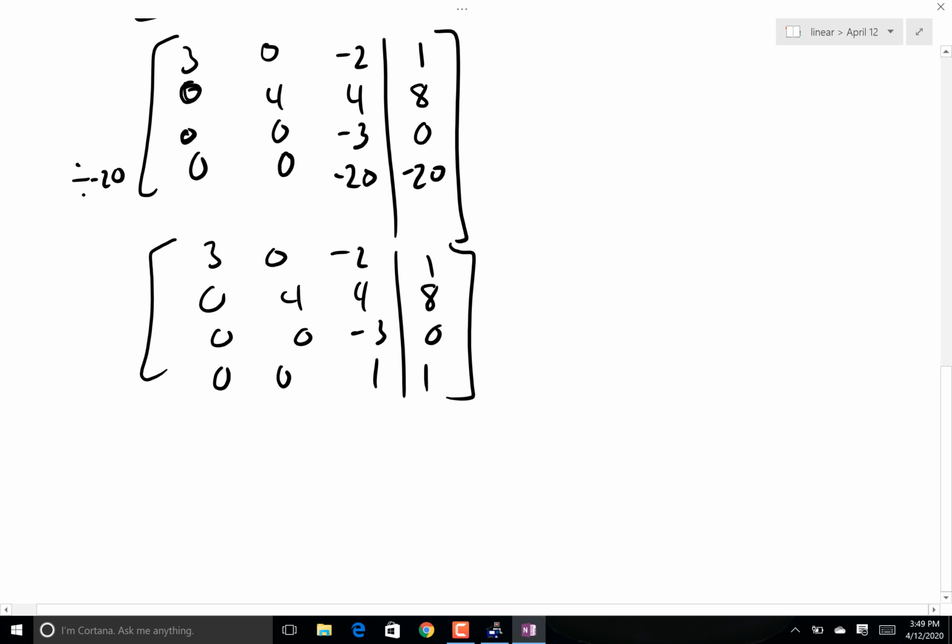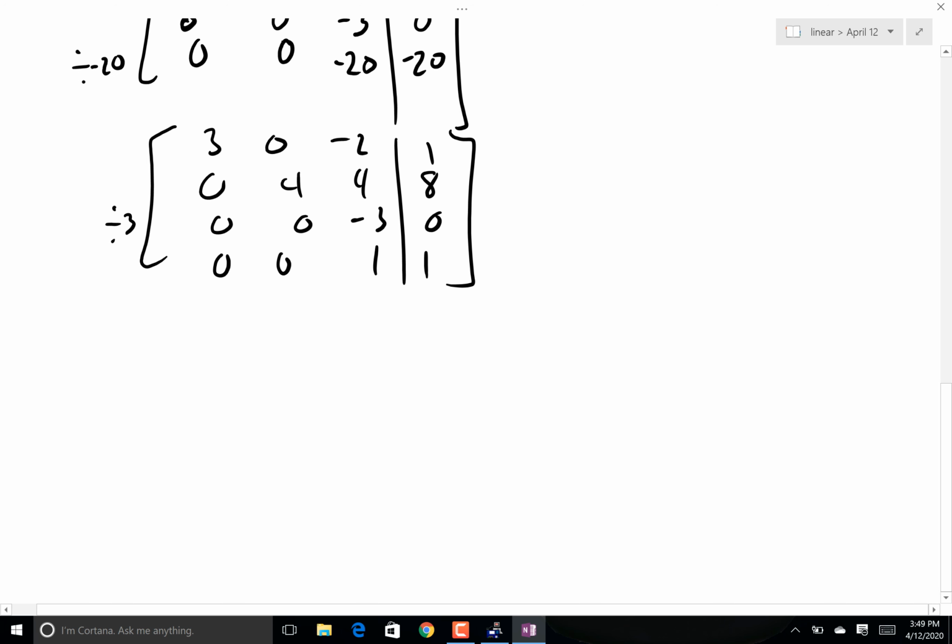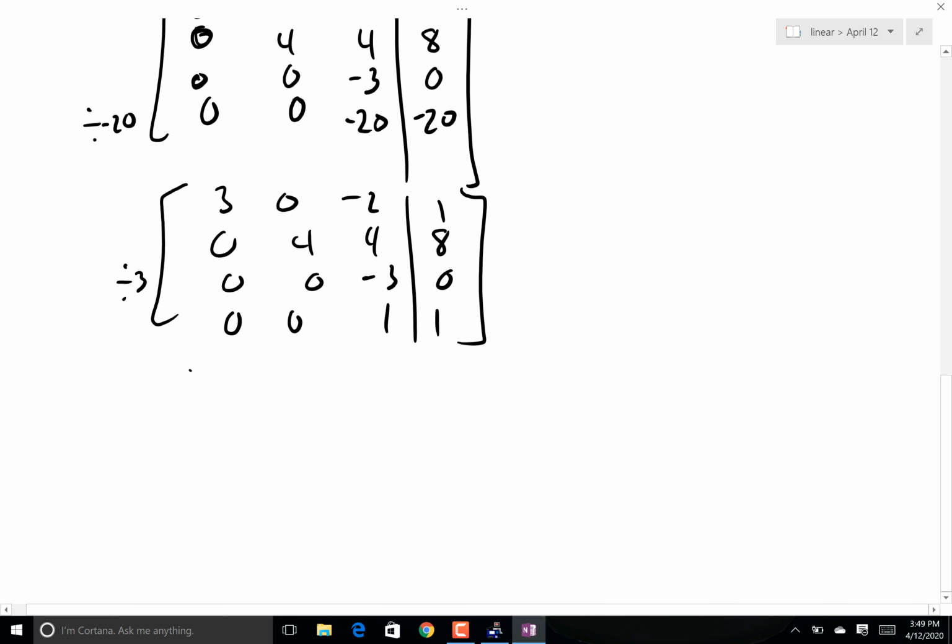Nice. Now, interestingly enough, you're like, well, wait, couldn't I just divide this one by negative 3 as well? Well, yes. Yes. And so I can do that. I should have done it at the same time. So that's going to be